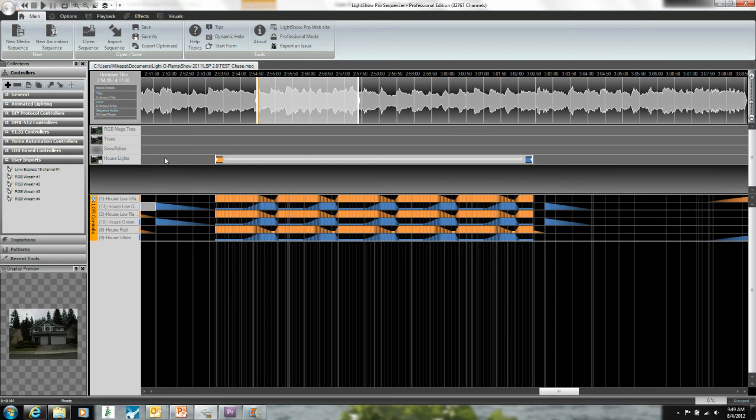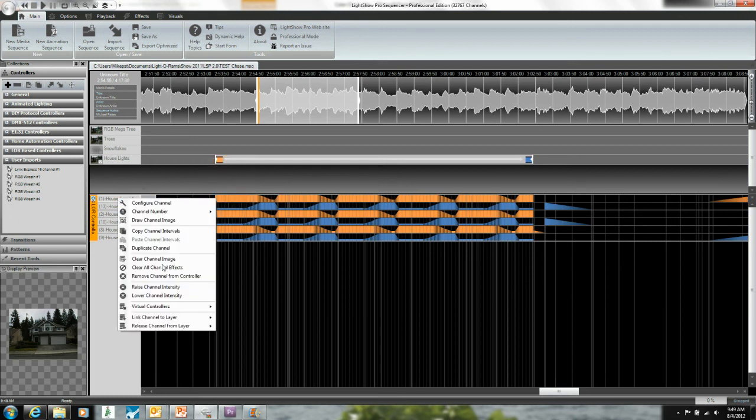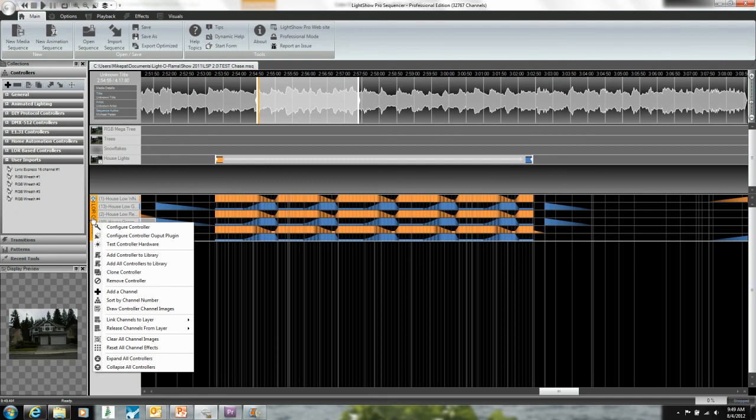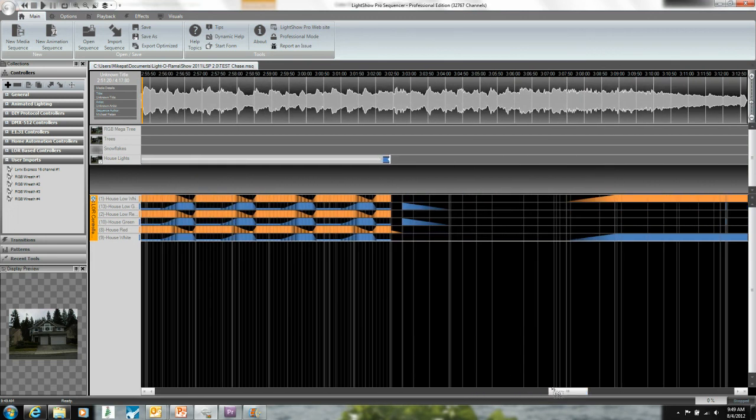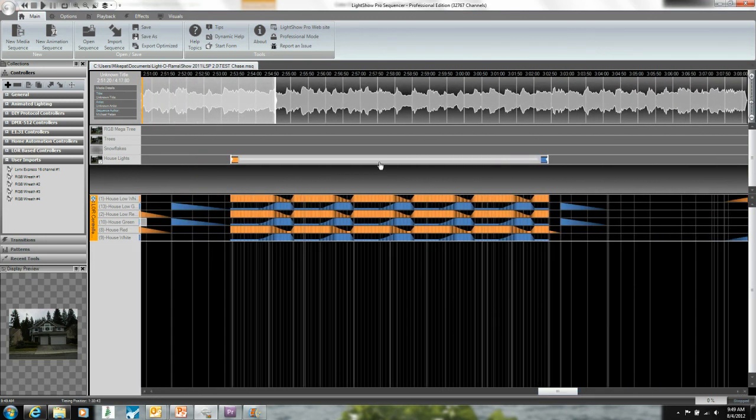So I've added a layer, and so you'll say add layer and just do the first one, and then manually assign each one of those channels, or you can assign all of these, the controller, to that particular layer. And so house light, it's listed there. So now I have my controller, it's linked to my layer, and then I'm going to go ahead and add the transition. Alright, so we'll come into the transition,